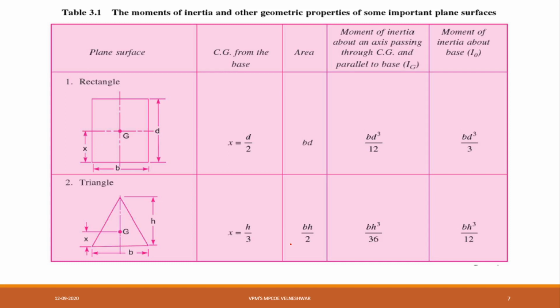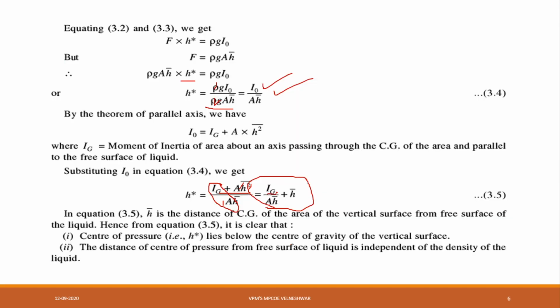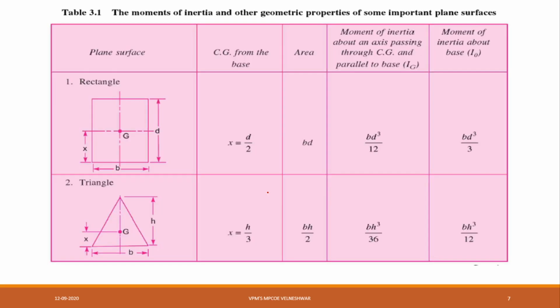Now, just now I said, what is the moment of inertia? Here the Ig value is there. The Ig formulas are given as standard formulas for us. For example, if it is a rectangle, then the formula is BD cube by 12. How do we get this BD cube?